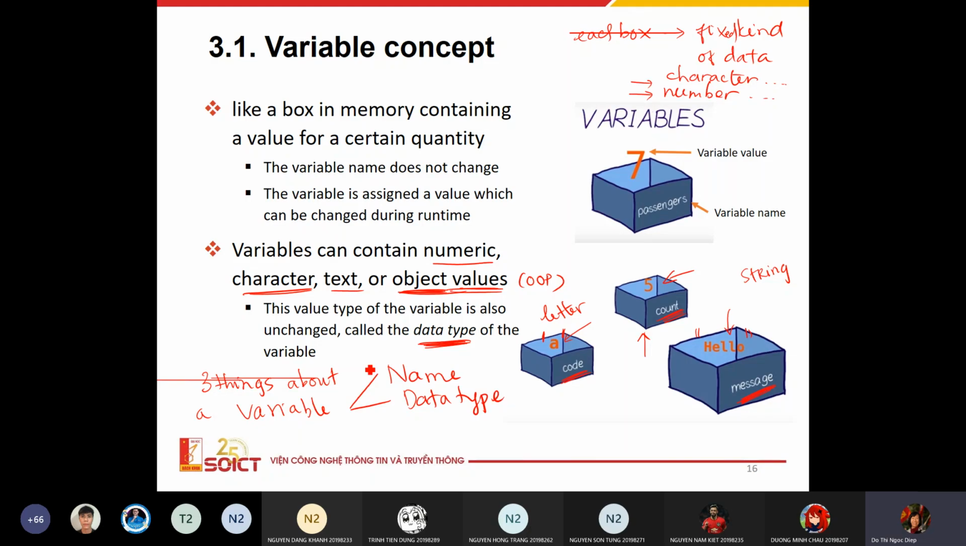It's must. Here we call must, not should. It must have the data type. That means you use this box to store a letter or numeric or a string or an object, for example. You have to fix this. And then it will contain a value, okay? This box, what is the sequence of bits in this